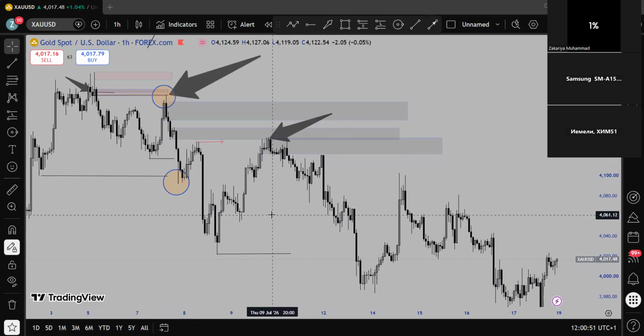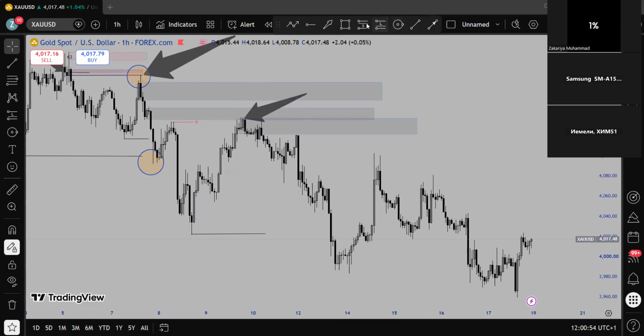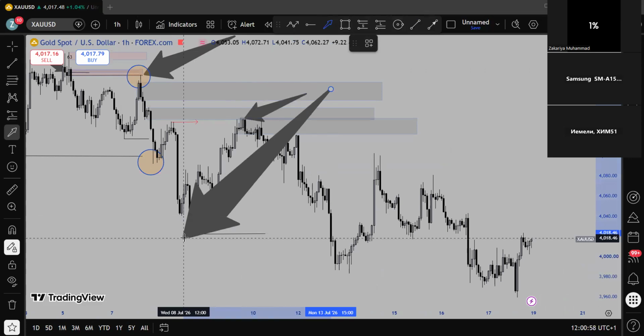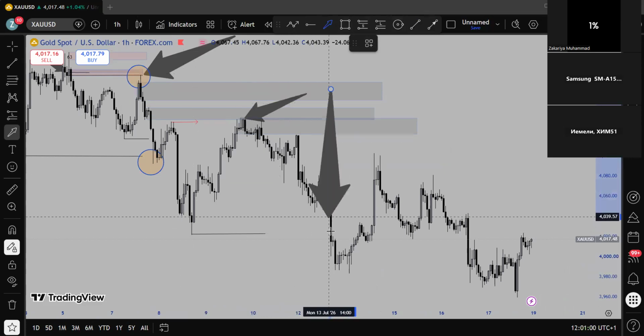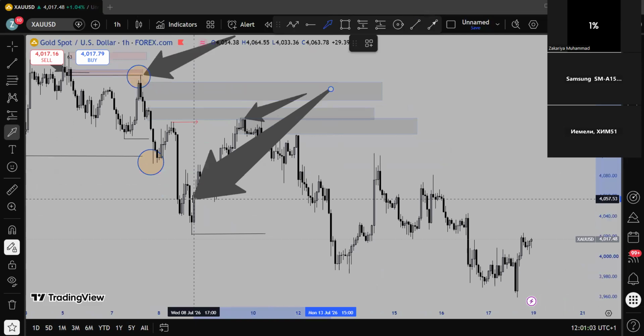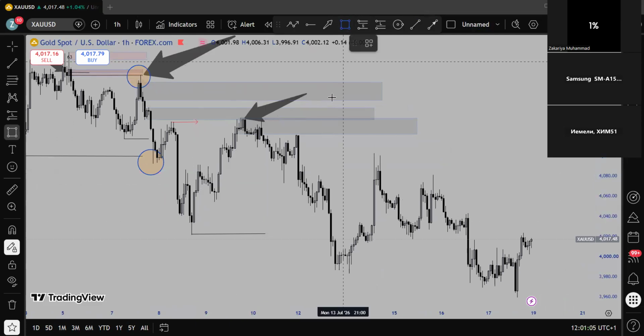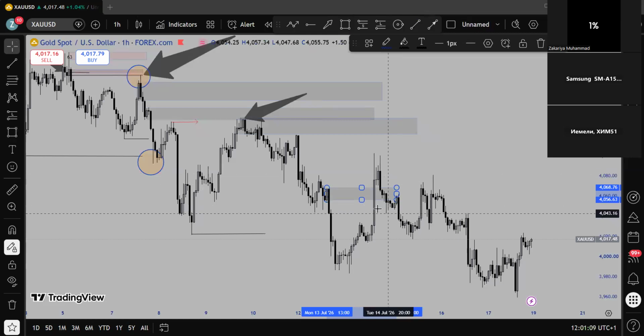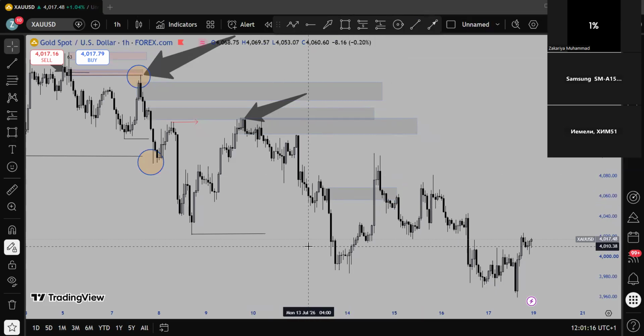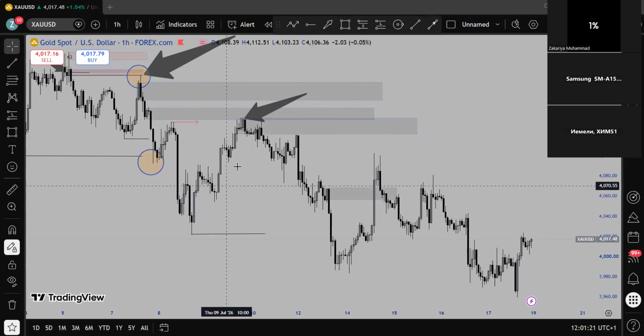So the first thing I say you're going to do is you know your range. So you're trading in these two ranges, this high and then this low. You can be trading inside this, but you have to know that this is your external range. I can try to sell the market from here. Let's say I'm trying to sell the market from here. I can still get taken out. That does not mean market is bullish because we're still trading inside the range. That's when you have to understand how to look for range. We're trading inside this higher time frame range, which is this swing high and this swing low.